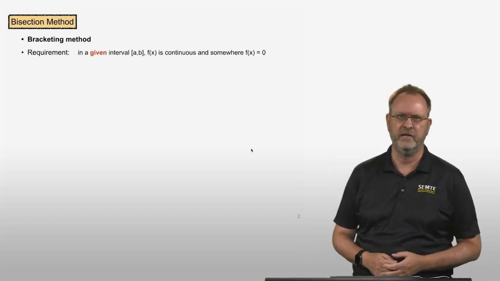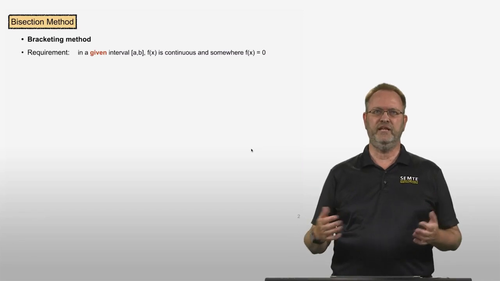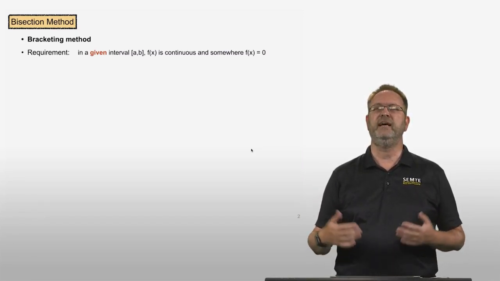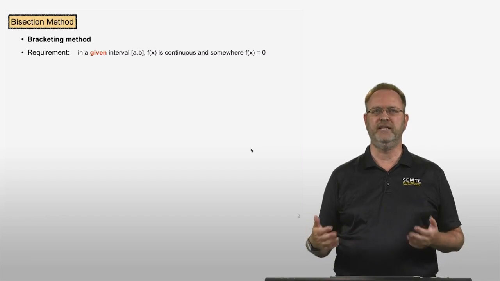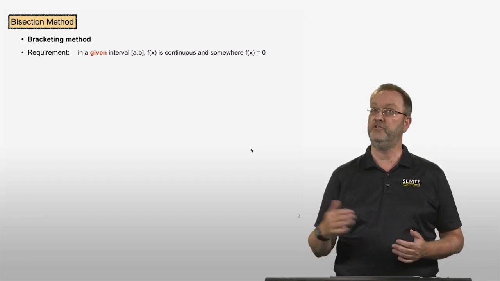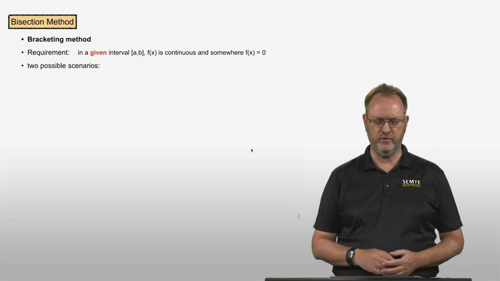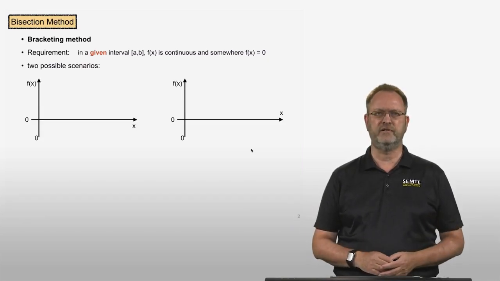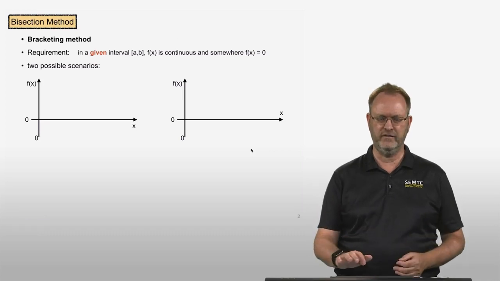the method to work. First off, in a given interval from a to b, f of x has to be continuous, and somewhere there is a root, meaning somewhere in this interval from a to b, f of x is equal to 0. Now, generally speaking, there are two possible scenarios if there is just a single root in the